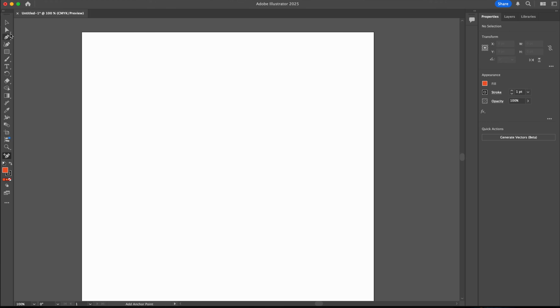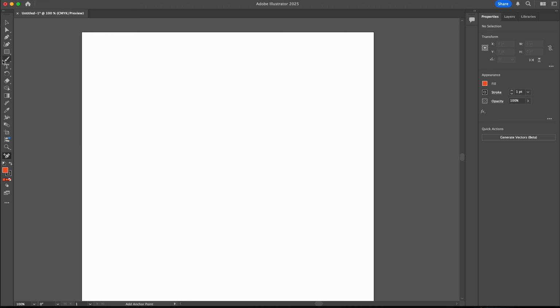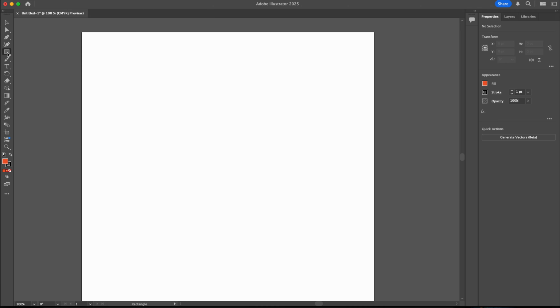Using the direct selection tool to change and manipulate shapes. First thing I'm going to do is create a shape. I'm going to start with my rectangle tool, and I want to make a perfect square. In order to make a perfect square with the rectangle tool, all I have to do is hold down Shift,